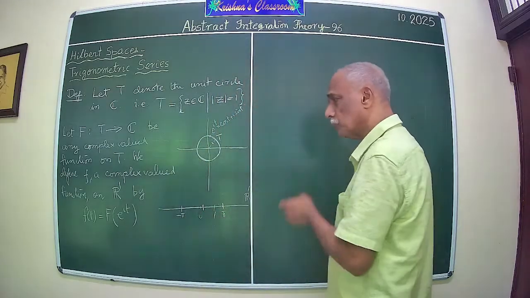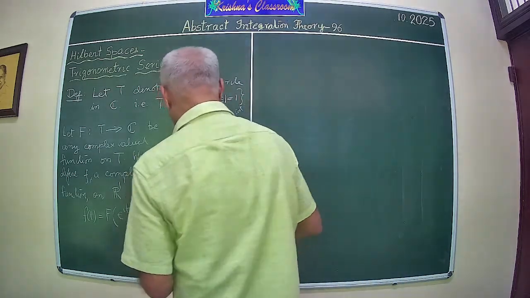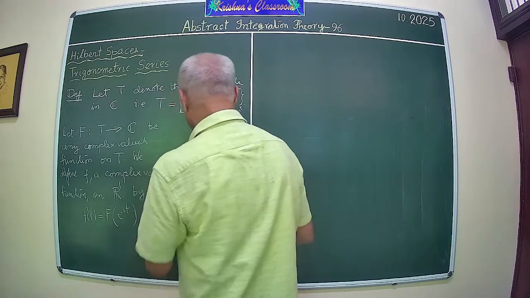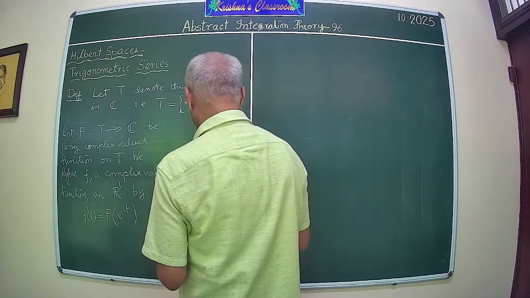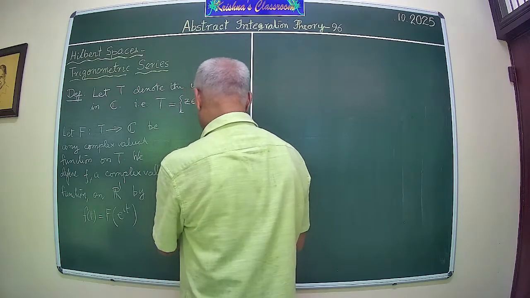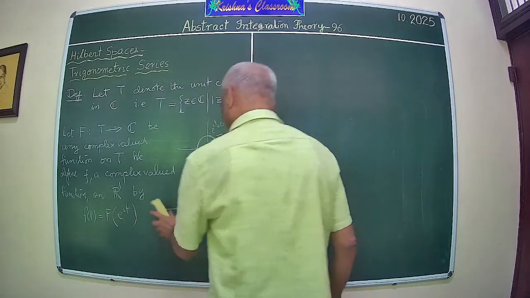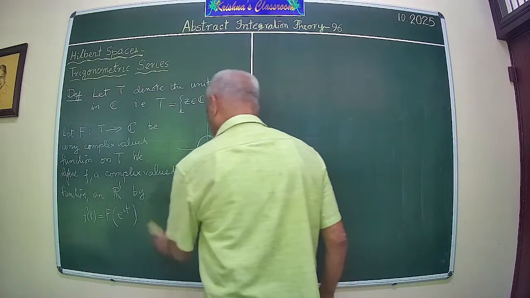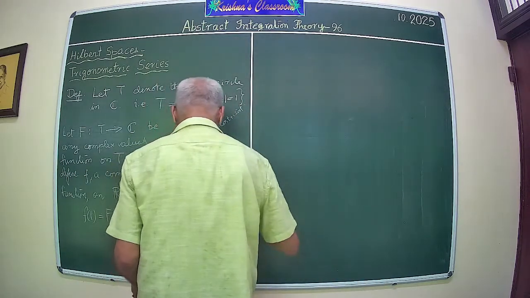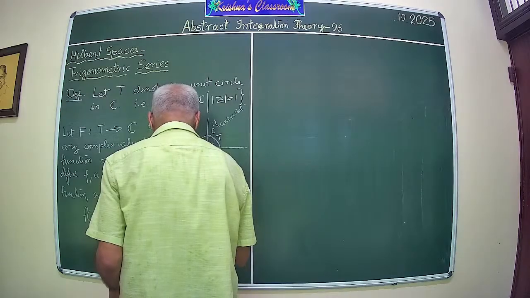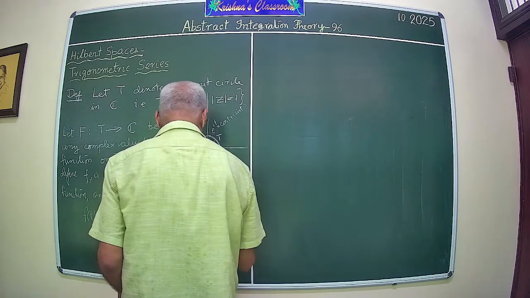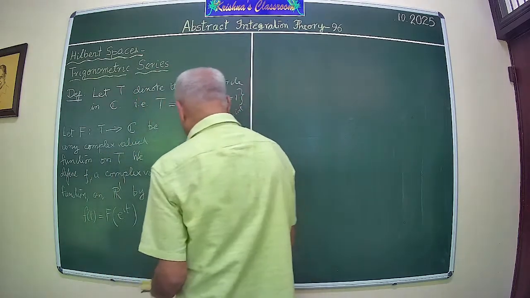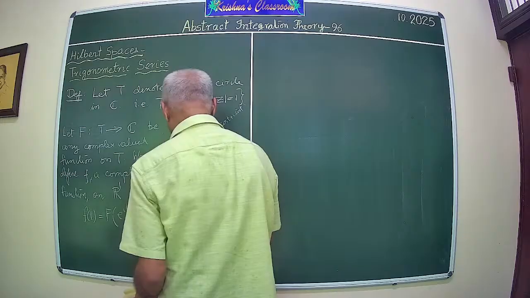Therefore, primarily, f of t is defined this way. Well, when you say from minus pi to plus pi, or you can write it as 0 to 2 pi, all the same, because finally periodicity is going to take care of everything. This is 2 pi. So, as t moves from 0 to 2 pi,